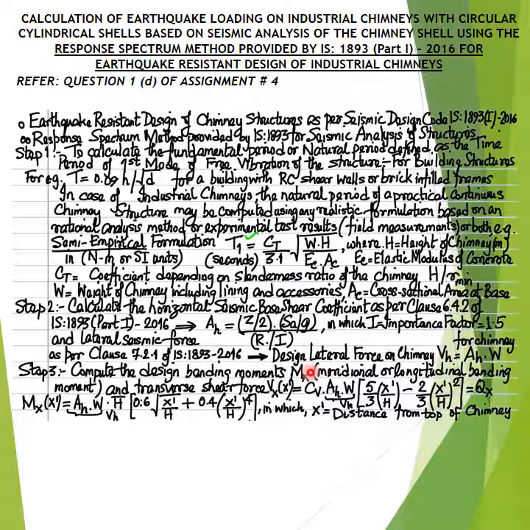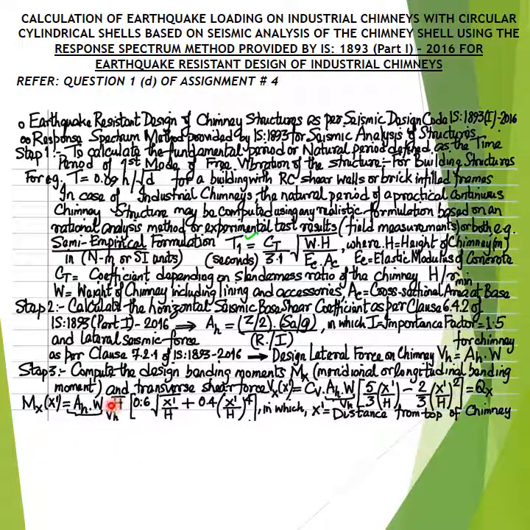Since the design lateral seismic force acting on the chimney, denoted as capital V subscript h, is equal and opposite to the design horizontal seismic base shear at the base of the chimney shell,